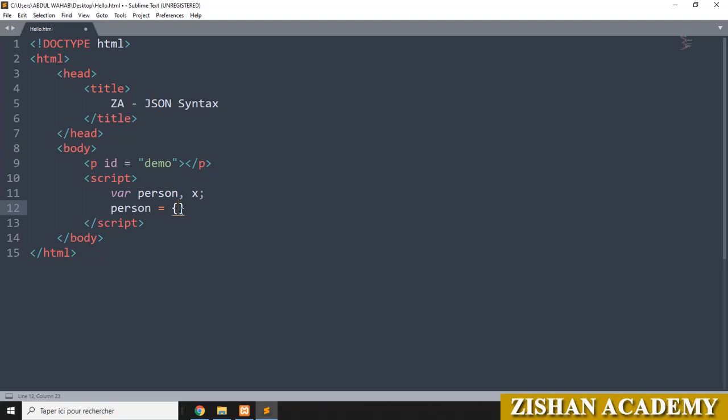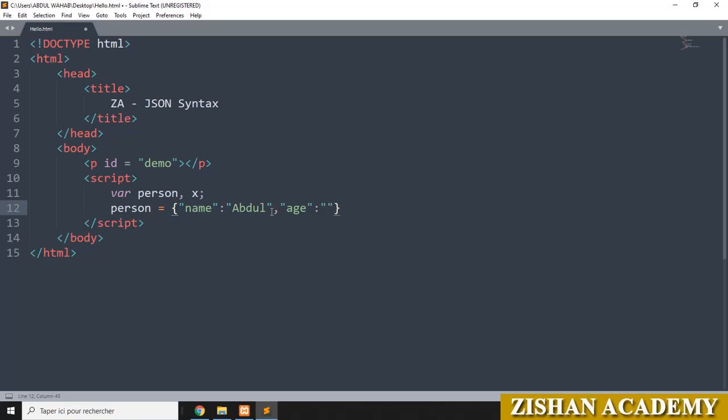Here we will go for the data name. Give colon here. Then you have to give the name. After that I will go for second data, the next one. For that you have to separate by comma. Then you will go for age. Then colon, double quotes.